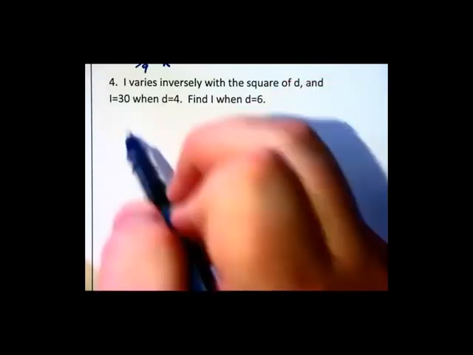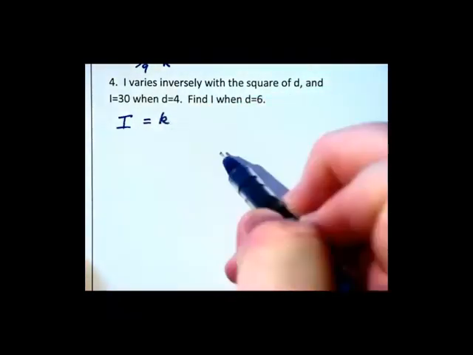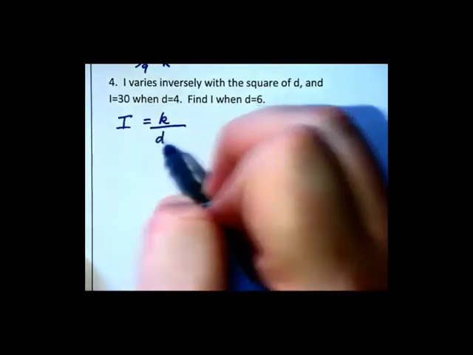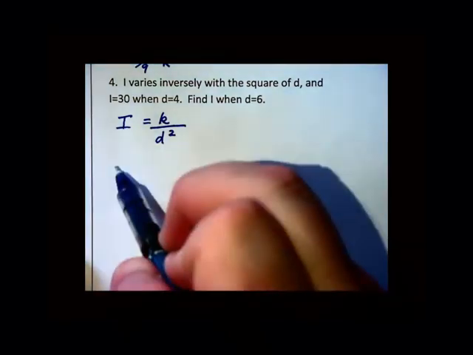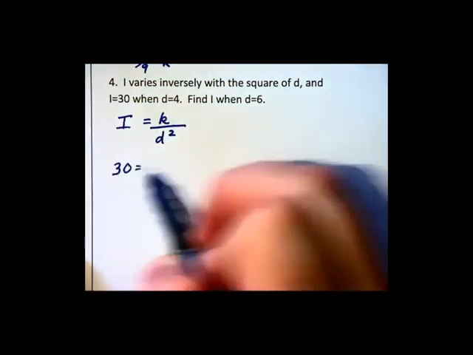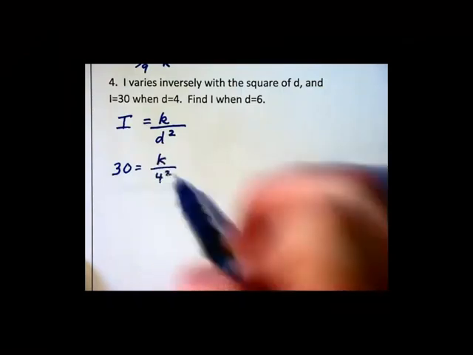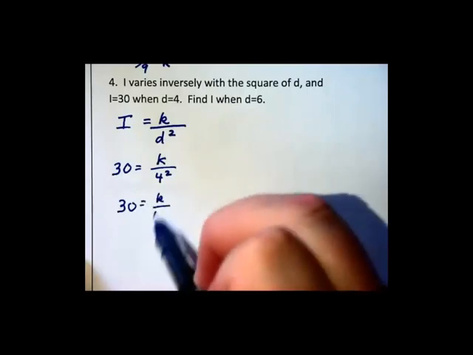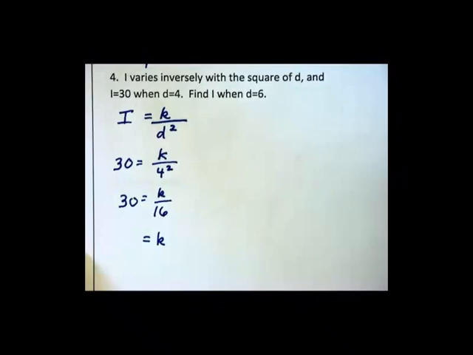I varies inversely with the square of d. I varies, that's the equals k. Inversely gives us the fraction. The square of d gives us the d squared. I is 30 when d is 4. So we've got 4 squared. 30 equals k over 16. Multiplying each side by 16 gives us